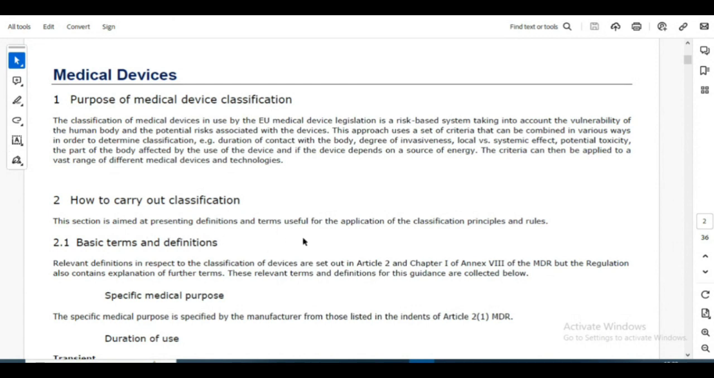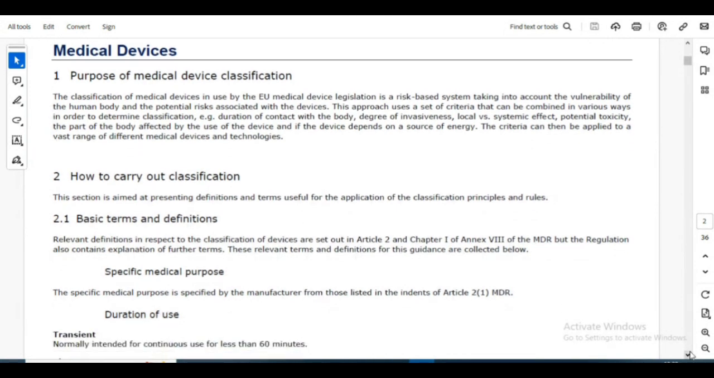This section is aimed at presenting definitions and terms useful for the classification of the device based on the application of the classification principles and rules. Basic terms: we have some terms and definitions we need to understand before going to classification. And those terms are